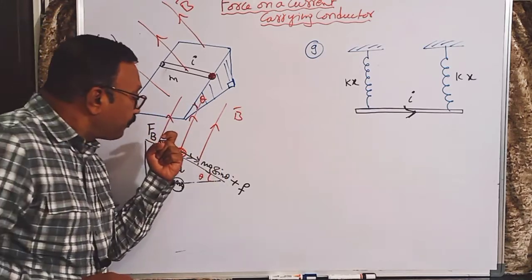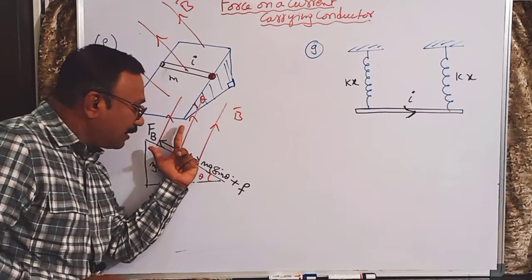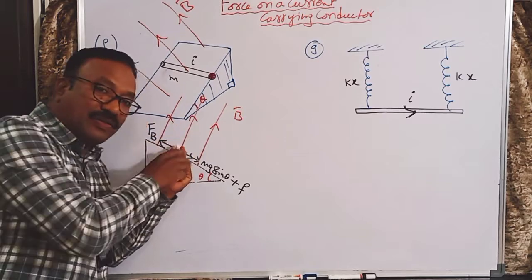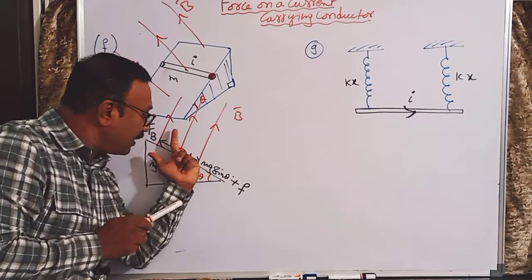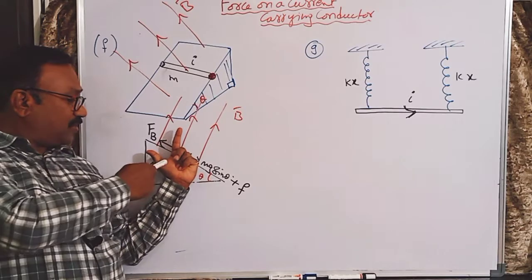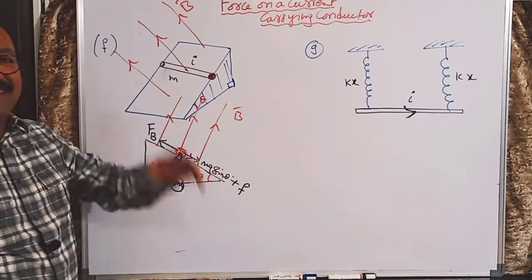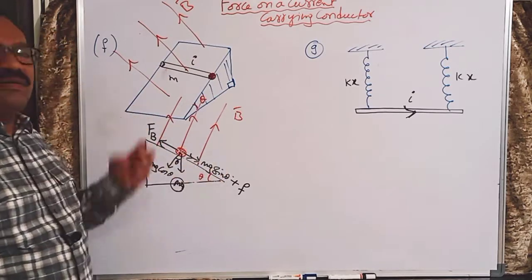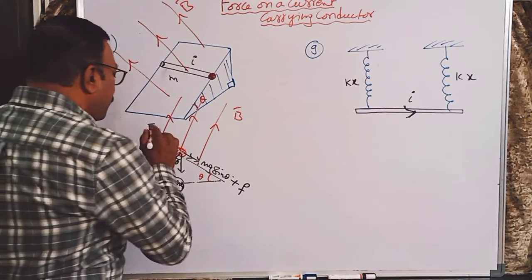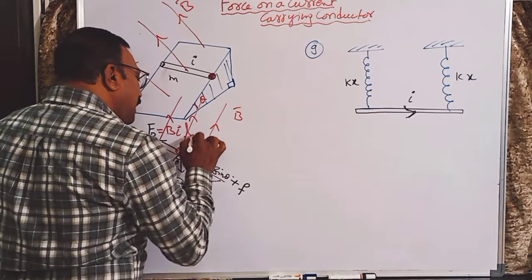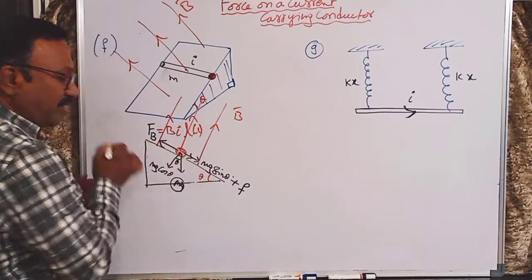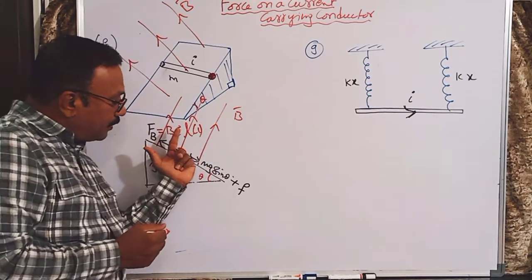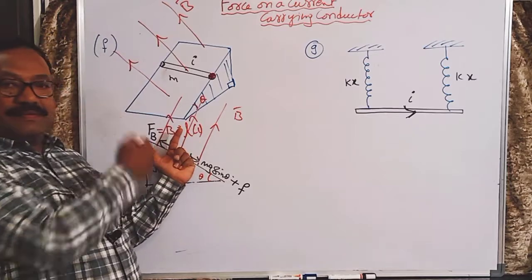Now you see, all of you. This is a magnetic field. This is a current. So the current in this conductor is outward, like this. So this is the current direction, and this is the magnetic field direction. Then where is the force? Tell me. Up. That is why I did not mention the direction of current. He is telling that it is moving up. Therefore, the BIL must act in such a manner that the conductor has to slide upwards. Therefore, BIL sin 90 will be acting this way.